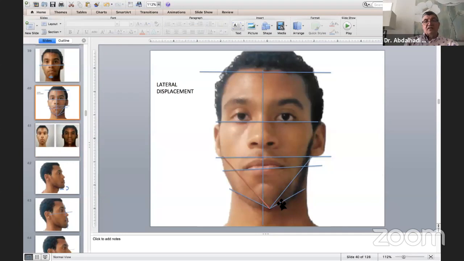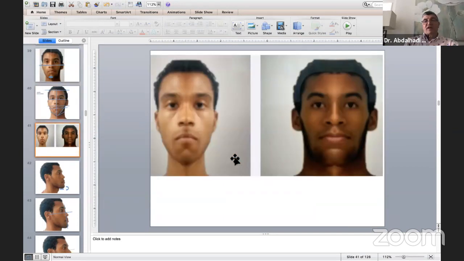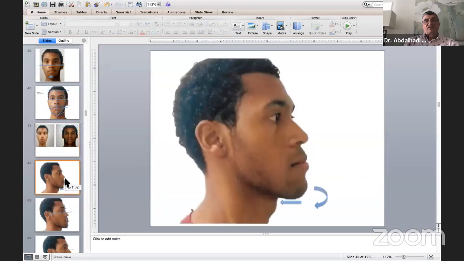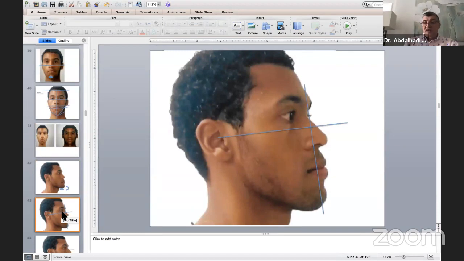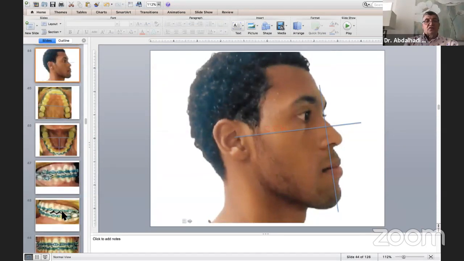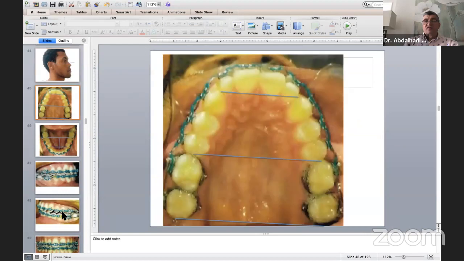Now, if I take this half face of the right side and I want to have a mirror of it, and this half face of the left side and I want a mirror of it, it gives me these faces. This is the right side face and this is the left side face. So that gives me an idea how much I have to work. He has bimaxillary prognathism, so both the maxilla and mandible are forward to the Frankfurt.